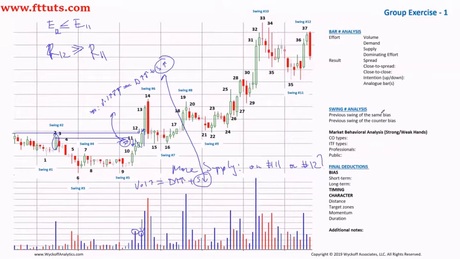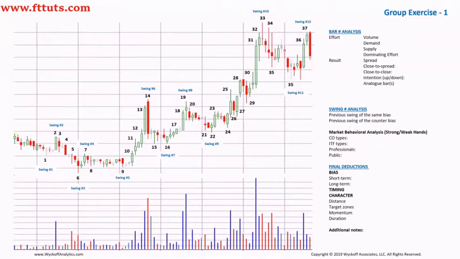And of course, once supply has diminished on bar number 12, and we are close to the resistance at that point, not only are we going to continue to the upside, but because supply is so low, we're going to accelerate and momentum is going to increase as well. Now, everything is so interconnected. Each bar produces some kind of reaction, future reactions from different market participants in a specific way. As the momentum increases,